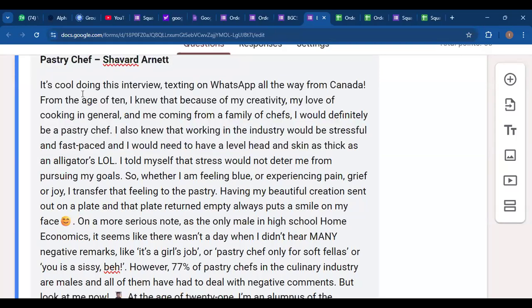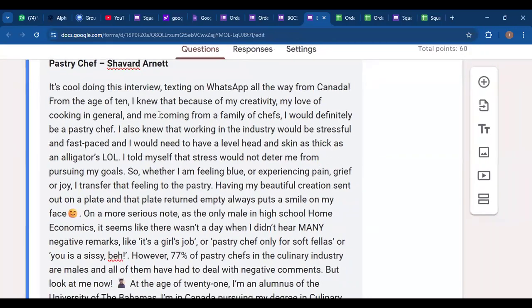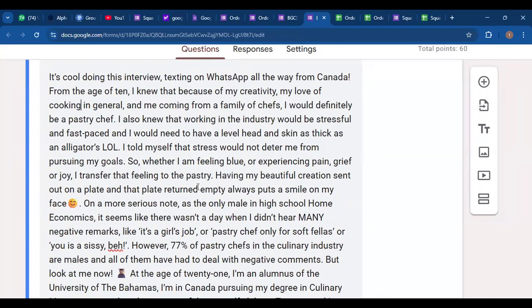It's cool doing this interview, texting on WhatsApp all the way from Canada. From the age of 10, I knew that because of my creativity, my love of cooking in general, and me coming from a family of chefs, I would definitely be a pastry chef. I also knew that working in the industry would be stressful